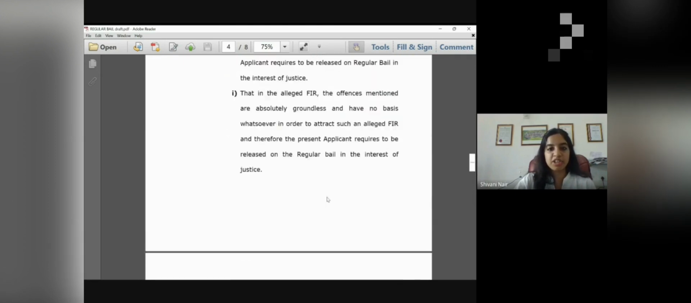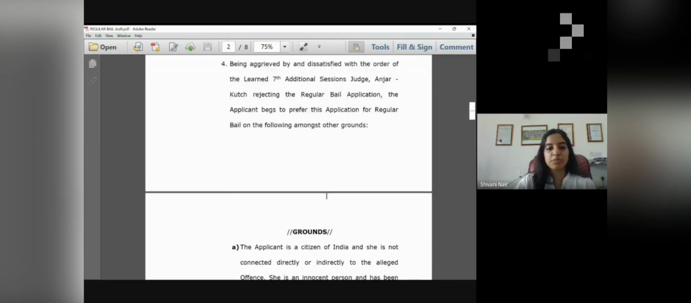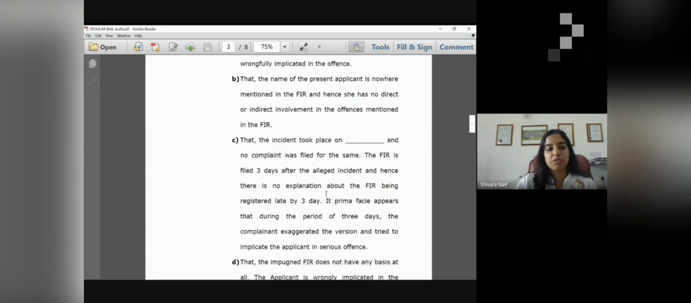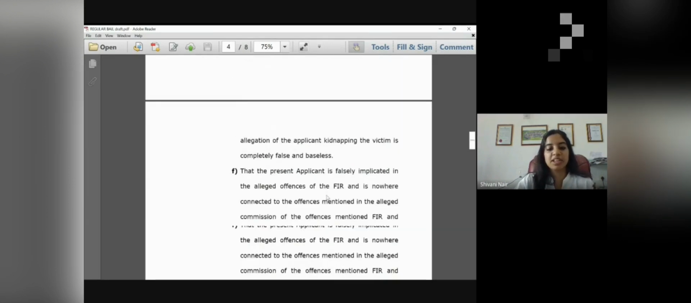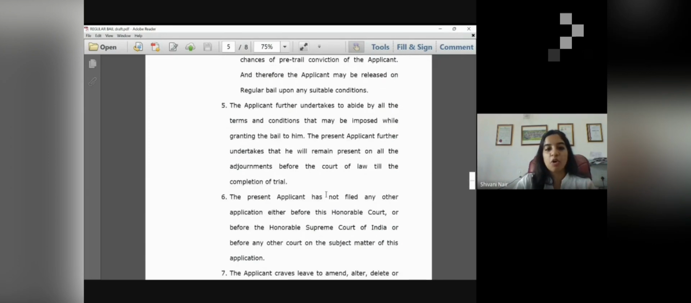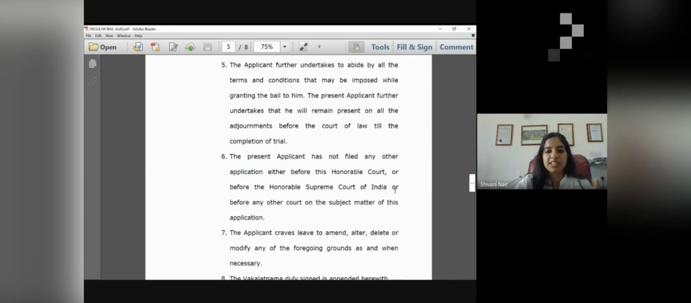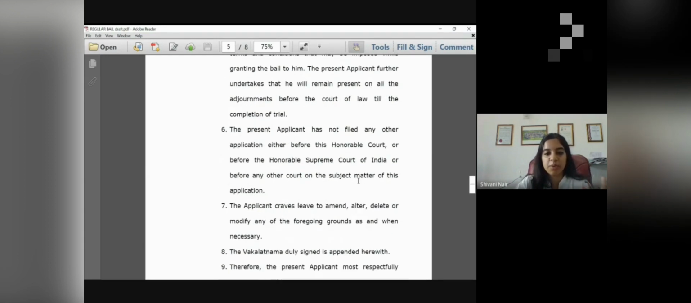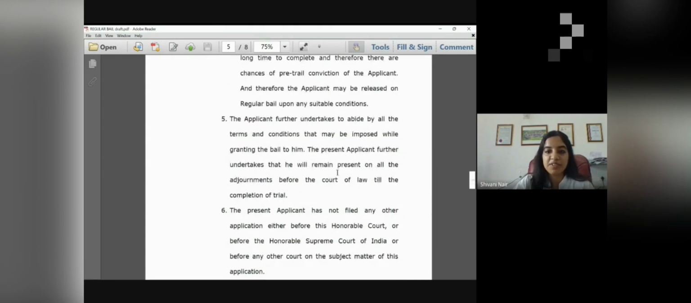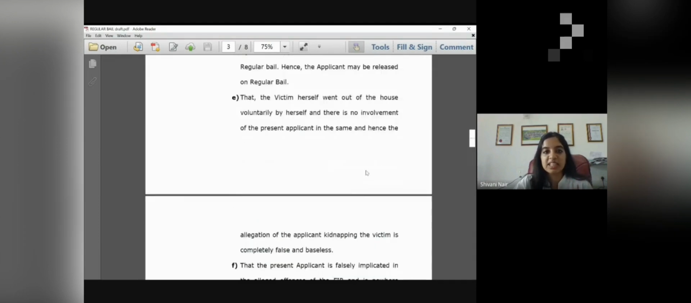this is what you mention, and these are the grounds that you present before the court. After paragraph number 4, you write down the grounds on which the person is to be released on bail, and then paragraphs number 5, 6, 7, 8 and 9 are almost the same in almost every single draft. Obviously you change them depending upon the case, but most of the time these paragraphs are the same, only the facts are different, and the grounds depend upon the facts of the case, and then